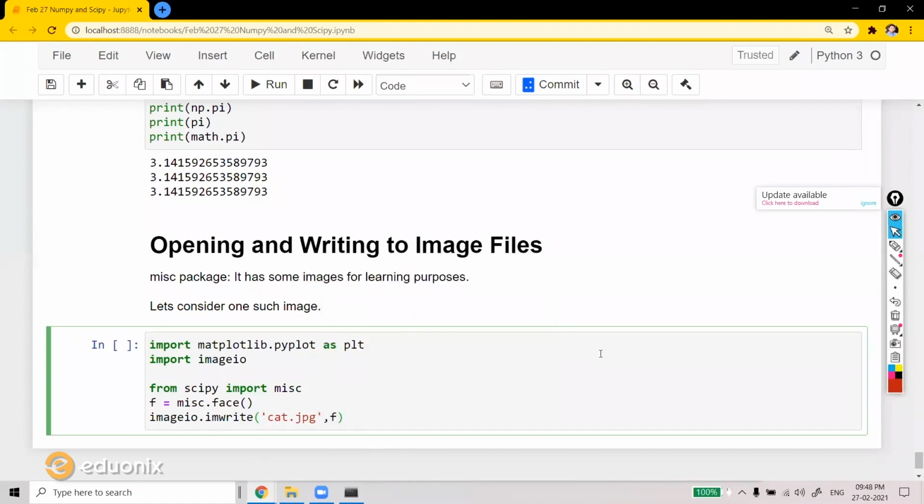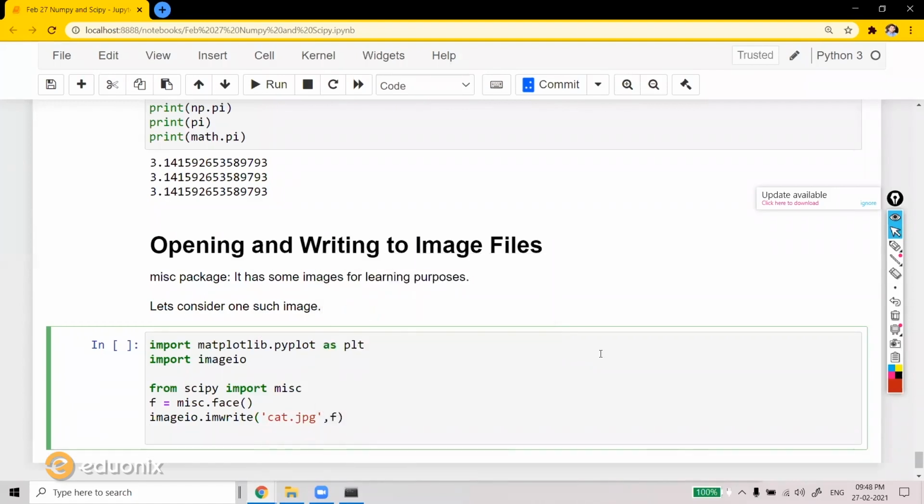That is the object I created over here, which I pass over here, and then I simply say plt dot imshow